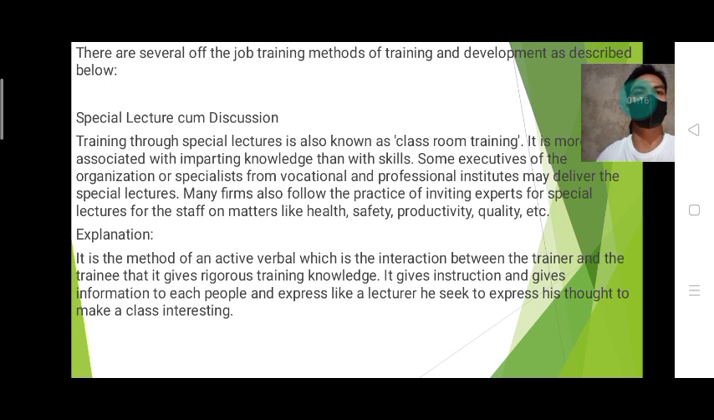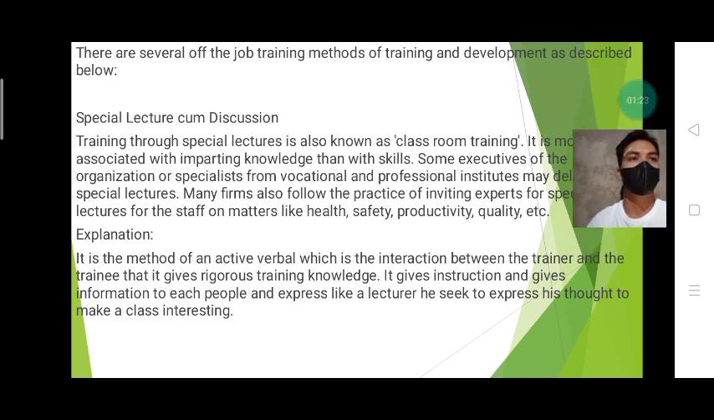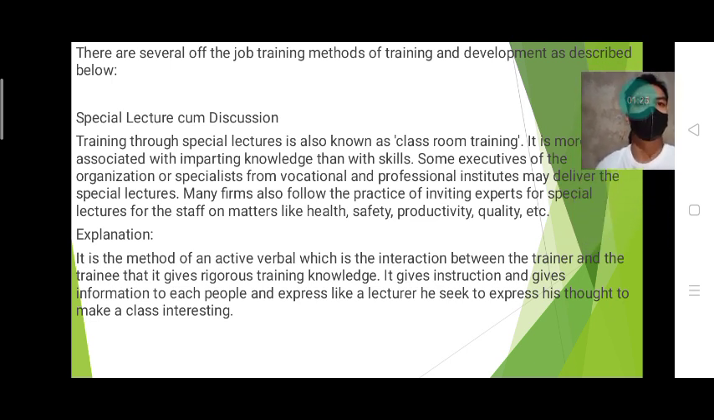First, special lecture cum discussion. Training through special lectures is also known as classroom training. It is more associated with imparting knowledge than with skills. Some executives of the organization or specialists from vocational and professional institutes may deliver the special lectures. Many firms also follow the practice of inviting experts for special lectures for the staff on matters like health, safety,